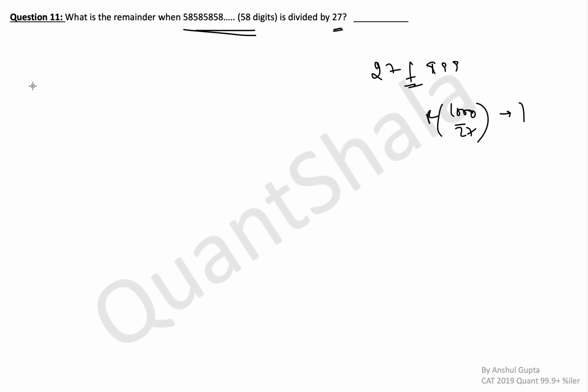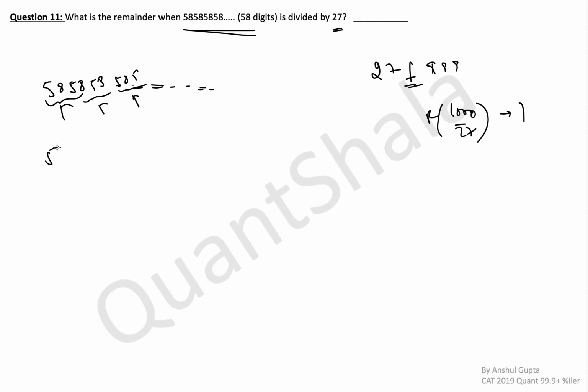Okay. So this number is 585858 and so on. Can we break it into groups of 3? It becomes 585, 858, and then you have 585 again. So you break into two types of groups. Let's first try to solve it using one kind of group. So after 3, what kinds of group can you form? You can form groups of 6 because 1000 is 10 raised to power 3. So we'll try to form groups of 3 or multiples of 3. Okay. You'll shortly see why.